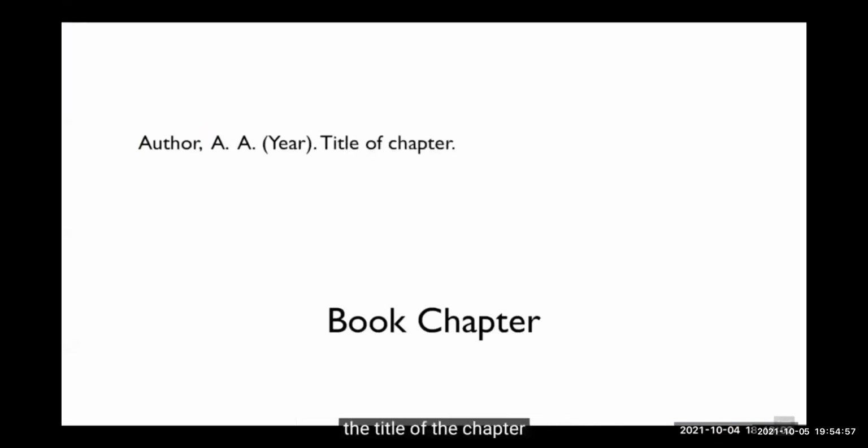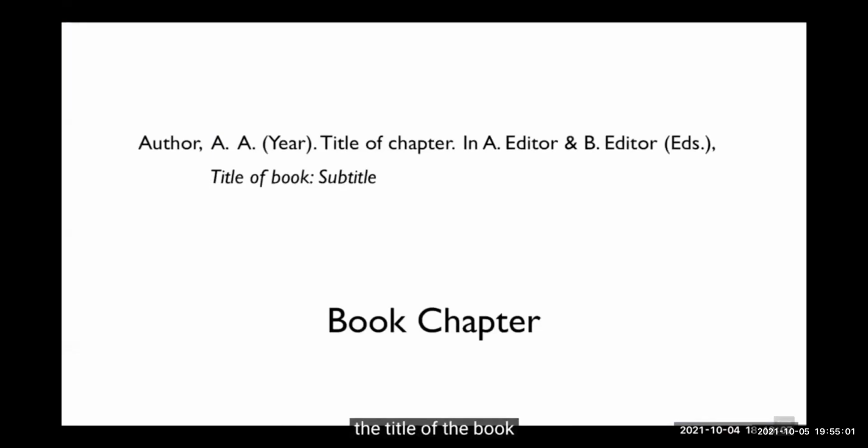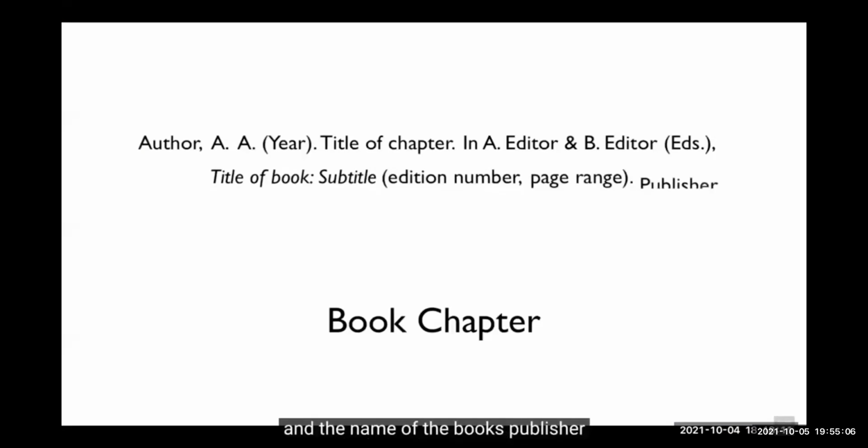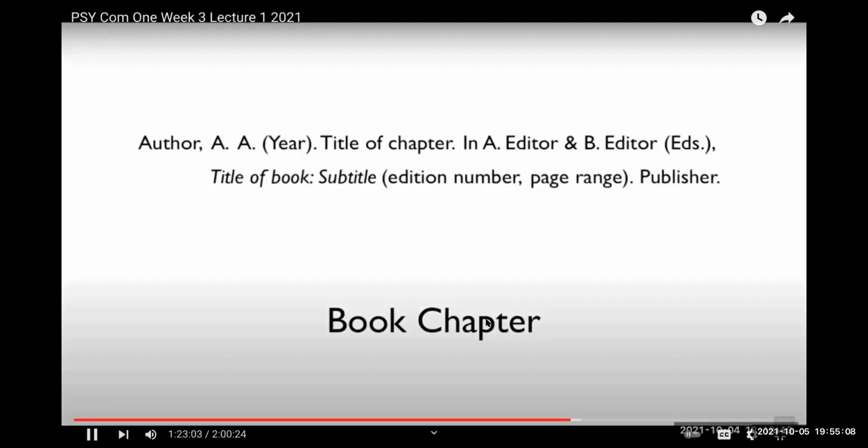To reference a book chapter, you need the author or authors of the chapter, the year the book was published, the title of the chapter, the editor or editors of the book, the title of the book, the edition number, the page range of the chapter, and the name of the book's publisher. After you get